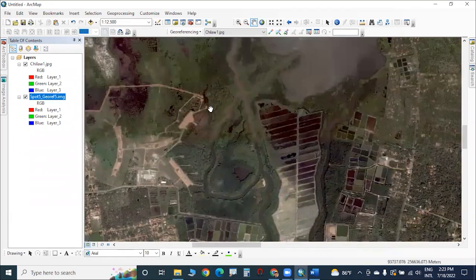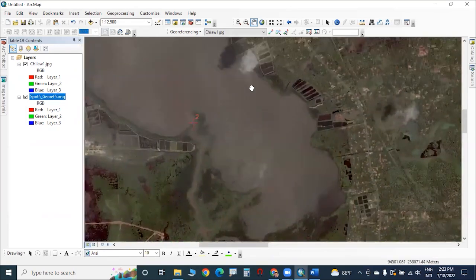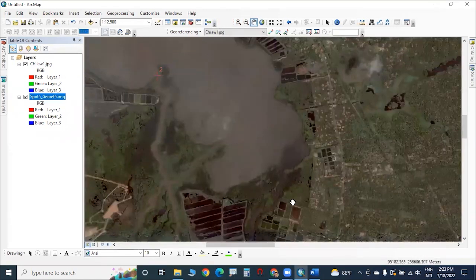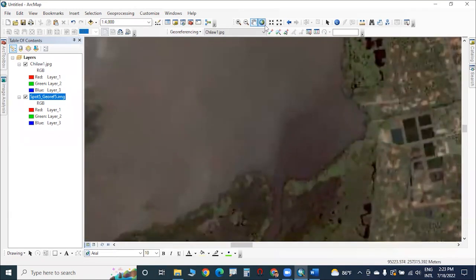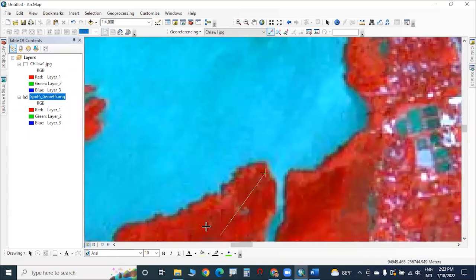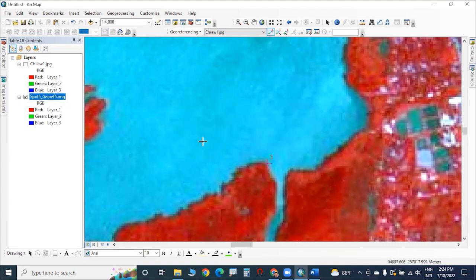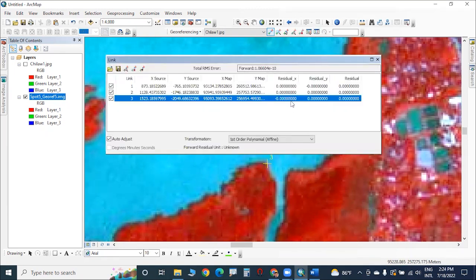So what is the third one? What is the third point? The third point should be here. This point, this one should be, and tick off the Chilla 1 and you can choose the location. Control points collinear or not well distributed. Okay, so now we have to remove the third one and again we have to check, delete the third one,